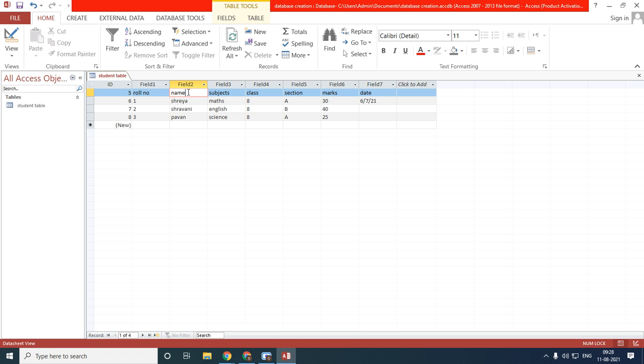If it is the text data type, then you can use either up to 255 characters or up to 65,536 characters. And the field size property is 50 for the text data type. If it is text, what is the field size of that? You can use a maximum of 50.